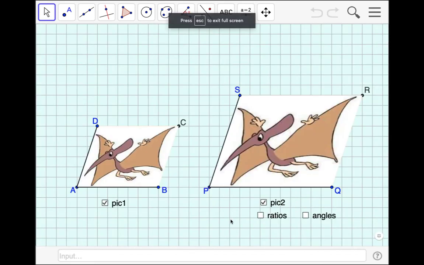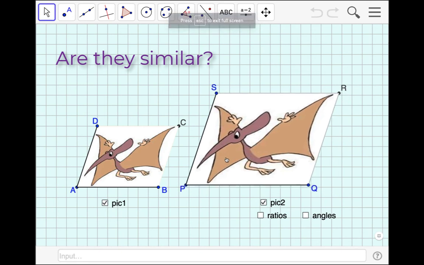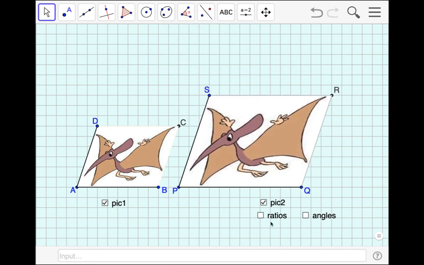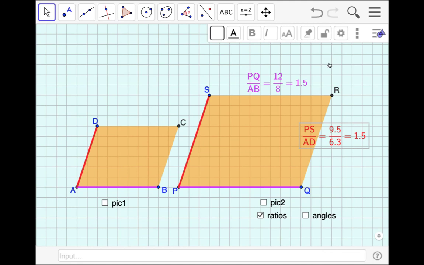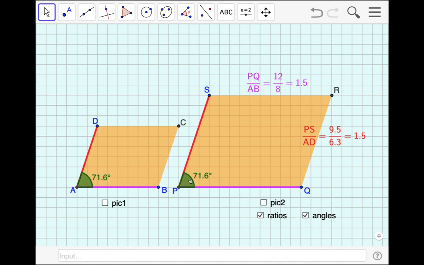Okay, now are they similar? The idea and the logic remain the same. You can take any points, any proportion in the shape, and that proportion should be increased by the same proportion, meaning that segment should be increased by the same proportion. Now in this you can calculate and find the ratio. If you see, both the ratios are the same. Now also we'll observe the relation between the angles. If you see, angles are also the same. So in similar figures, angles are the same and sides are in proportion.